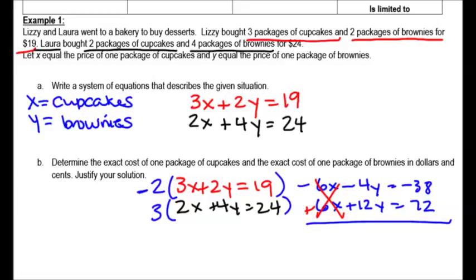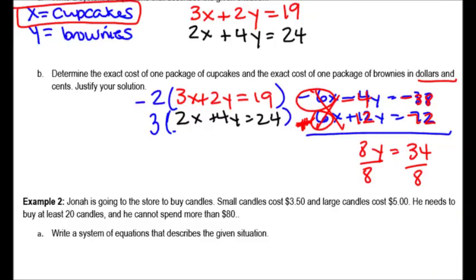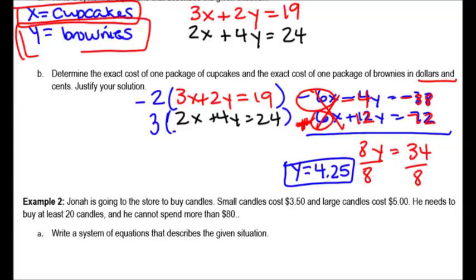All right, so now looking at this, is there something that I can eliminate? Those 6's, because remember, one is a negative and one's a positive. So then we have this part with our plus sign. Negative 4 plus 12 gives me a positive 8. The next part says negative 38 plus 72 gives me 34. Divide each side by 8. Okay, so looking at this problem then, it's going to be y equals $4.25. Okay, once we find the value for y, now we need to go ahead and substitute it into one